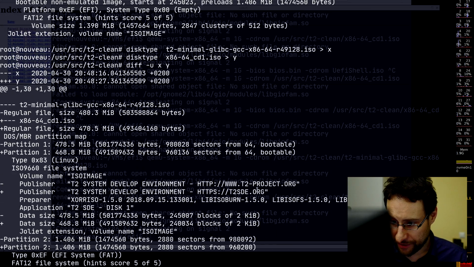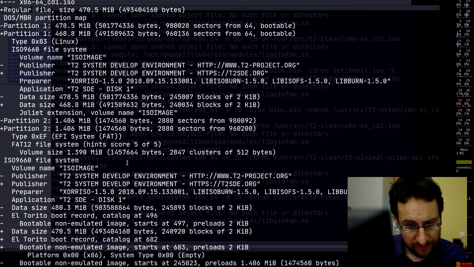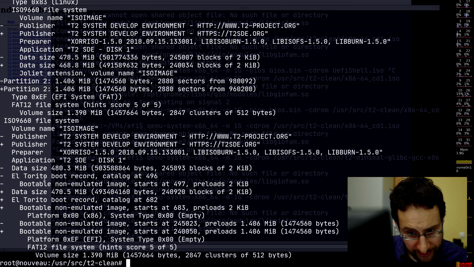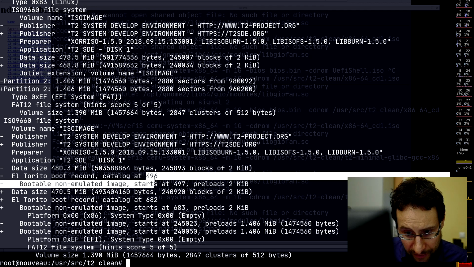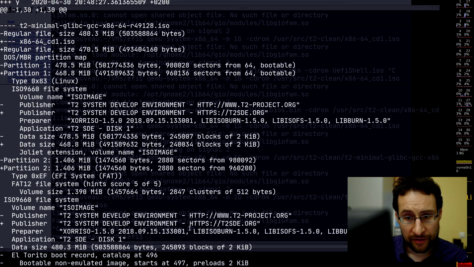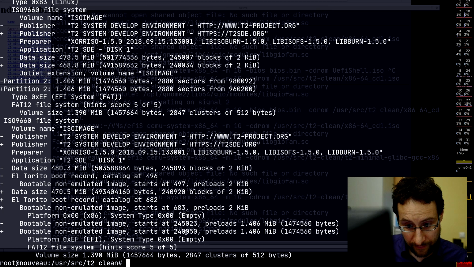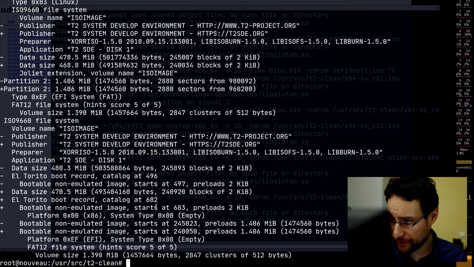Okay, the publisher I just changed, that was very clever. But aside from that, okay, data size, no surprise there. It has here some, okay, data size, also not a surprise. El Torito, okay, this is a little bit later. This El Torito boot record is somewhat larger. But in general, this is the same partition layout and stuff. So the next thing could be, by the way, this is also created by the same